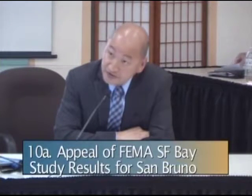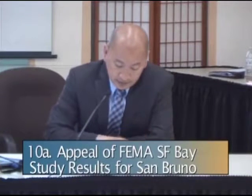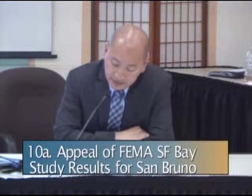So FEMA has already completed the coastal hazard study and determined the flooding area and revised base flood elevation for coastal communities. The result of the study will be used by FEMA to update the flood insurance rate maps, otherwise known as FIRMs. In previous FEMA FIRMs, the entire San Bruno was categorized as Zone D, and Zone D is used by FEMA for areas where there are possible but undetermined flood hazards, since no flood hazard analysis was conducted. Property owners in Zone D are encouraged to purchase flood insurance, but it's not federally required by mortgage